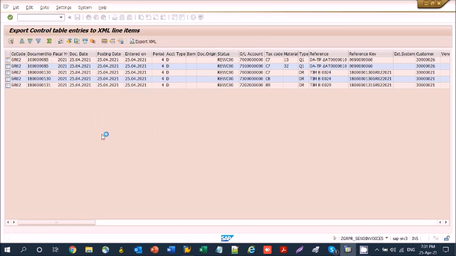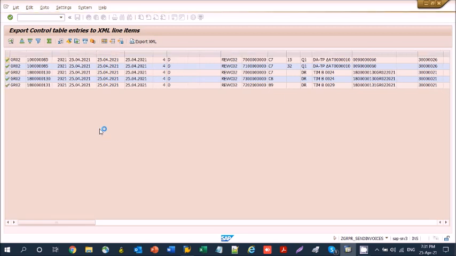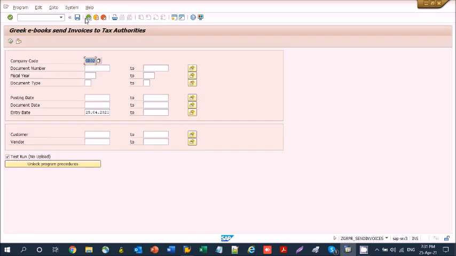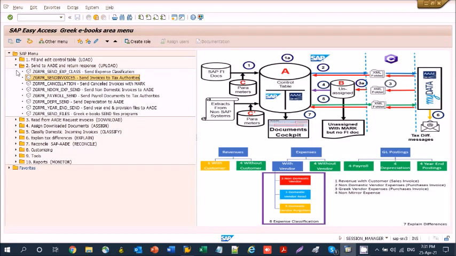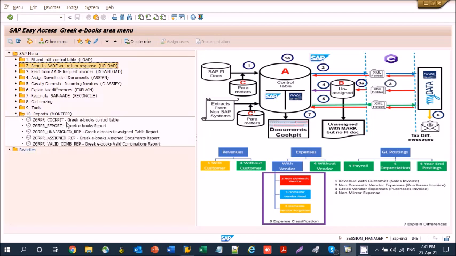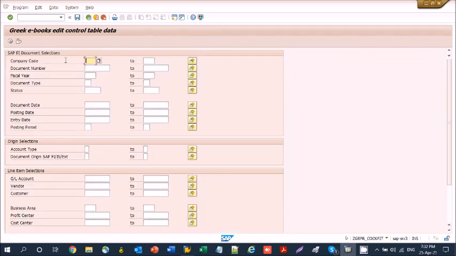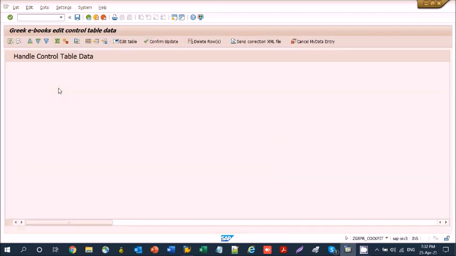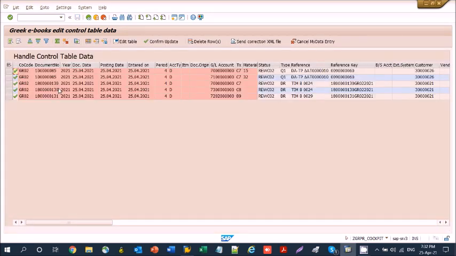And finally, we check the monitoring cockpit program. And we see that it is green.